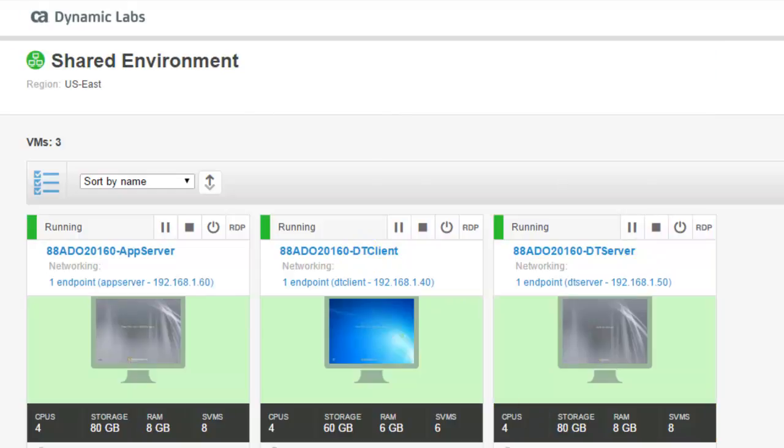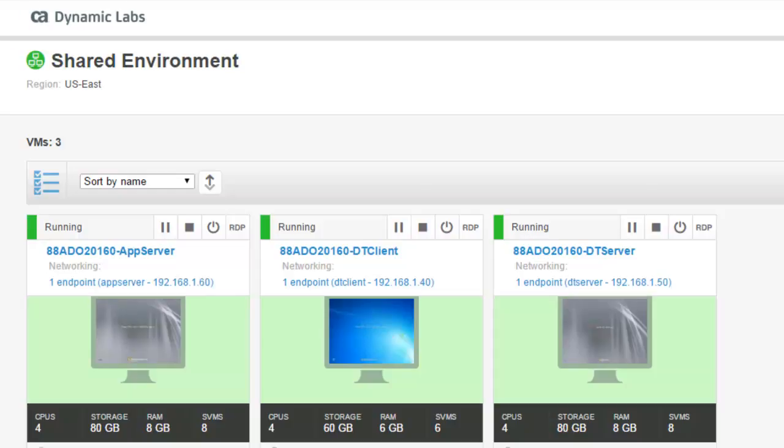So this simulates on a very small scale what an enterprise installation might be like, where you have an application server, you have end users working on their client machines, and then you have a server environment for DevTest that would be taking care of all the heavy performance and heavy lifting on the back end needed for DevTest. So this is the environment that we're going to be working in as we demonstrate baseline